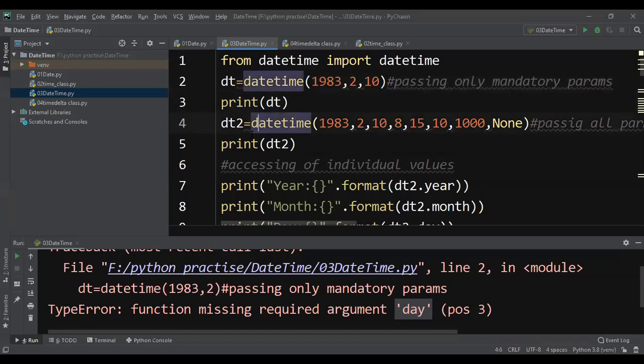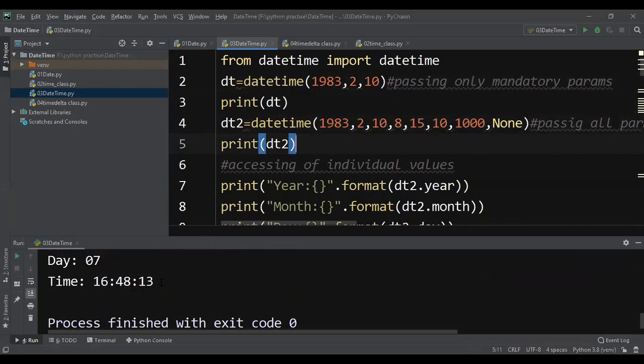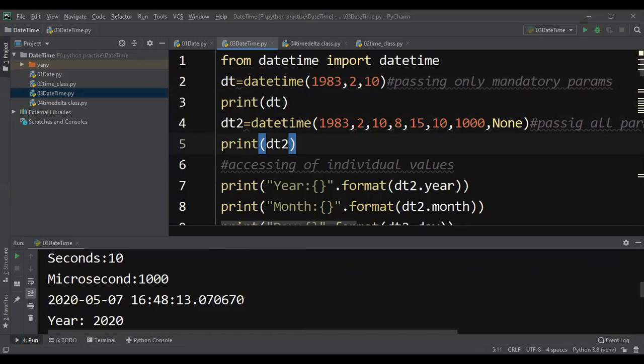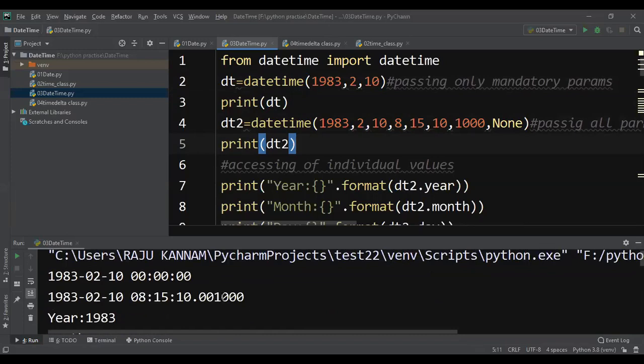now in this case I'm giving all the parameters: 1983 year, month, day, hour, minute, second, microsecond, and tzinfo information. Now it will print the entire information. 8:15. Okay,